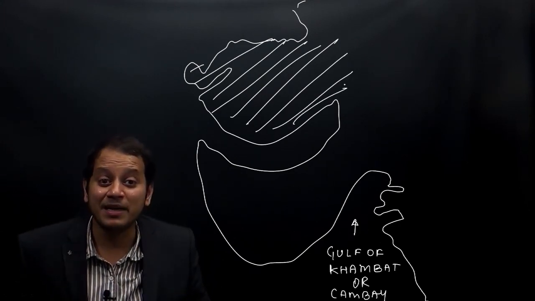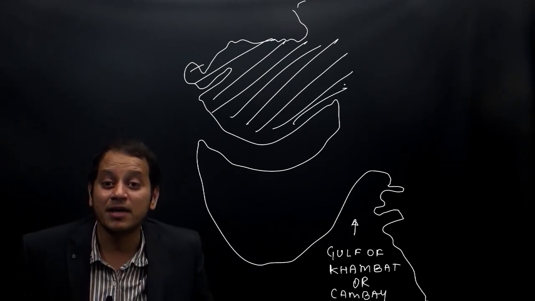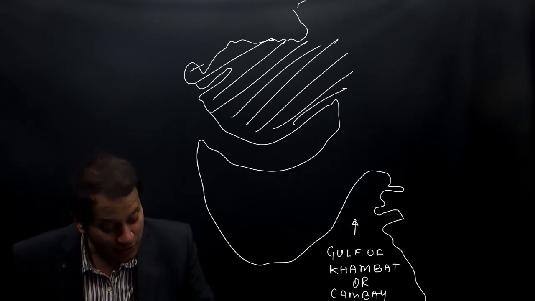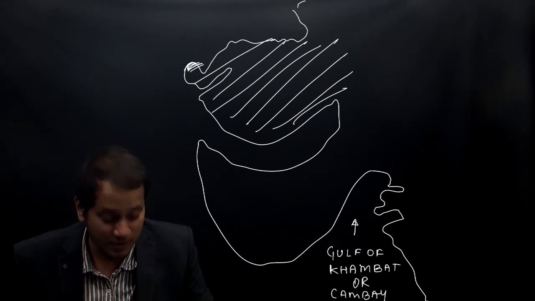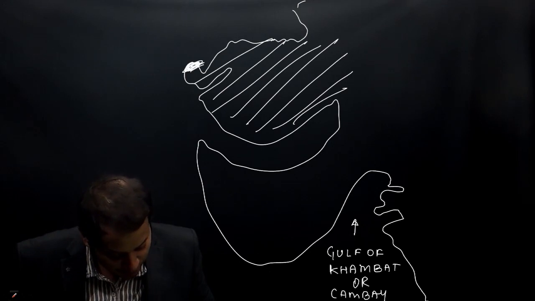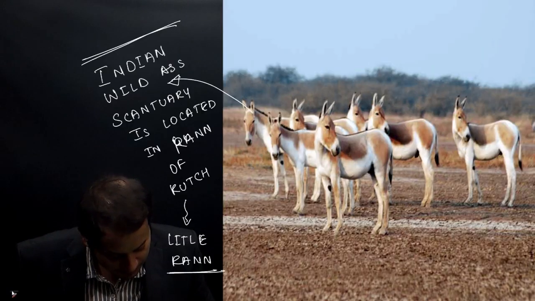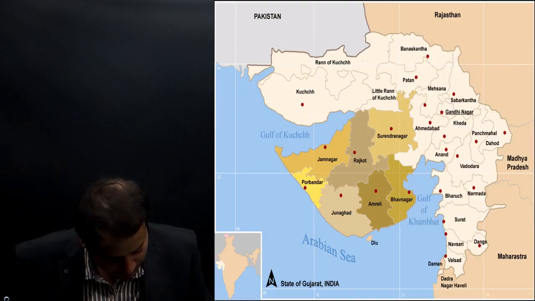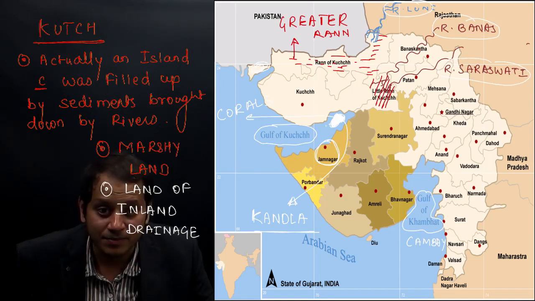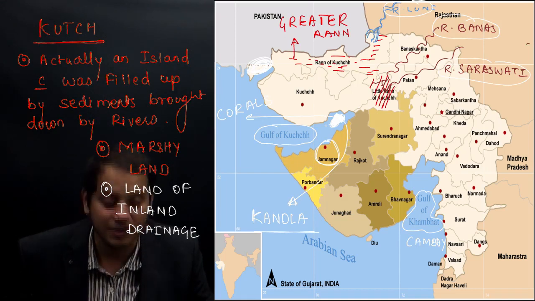If you remember, we had done in India-Pakistan one boundary dispute, that is the Sar Creek issue. Where is this Sar Creek? This region, which I am shading now, is the Sar Creek region. Or if you want to see here, this region is the Sar Creek region, which I am making white now.